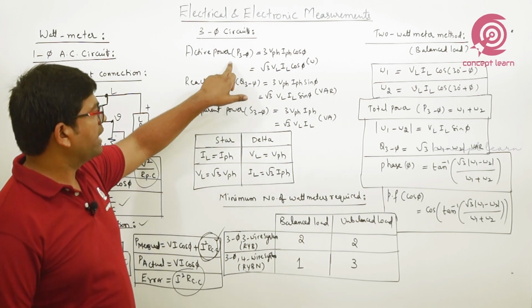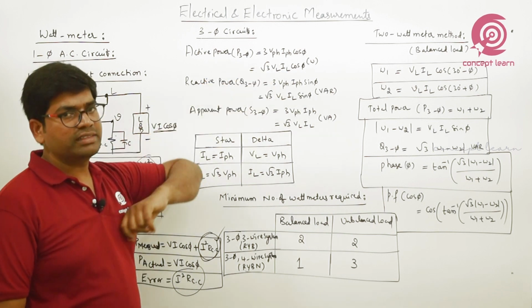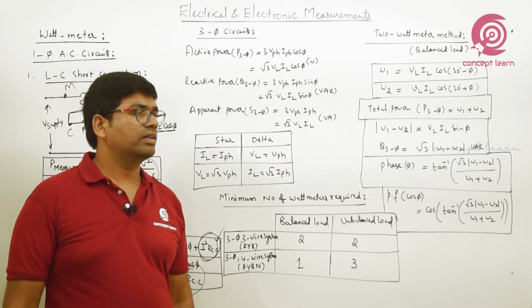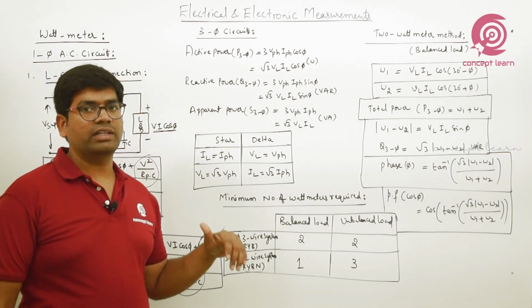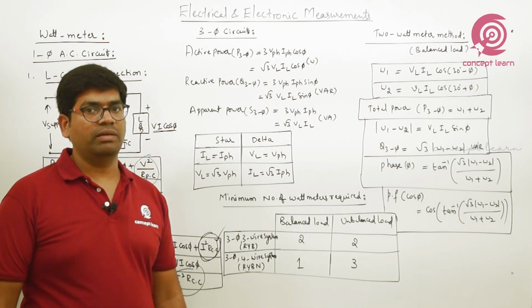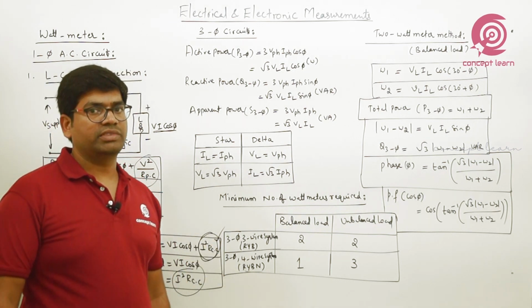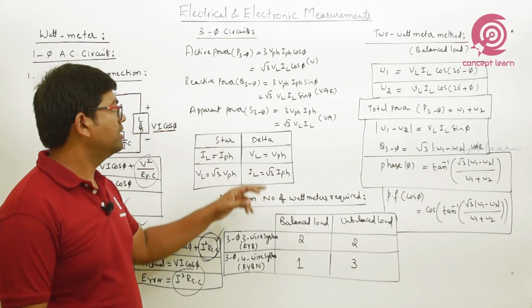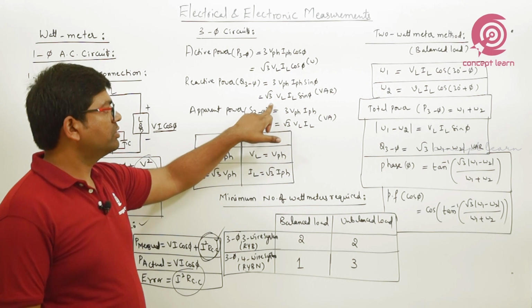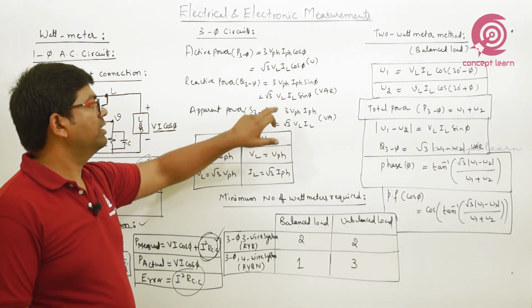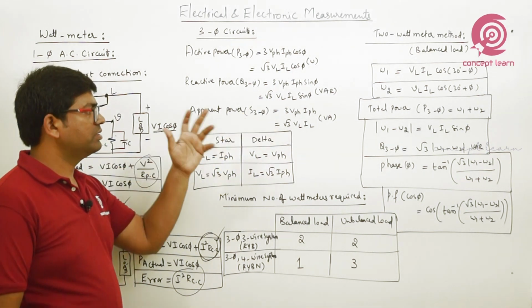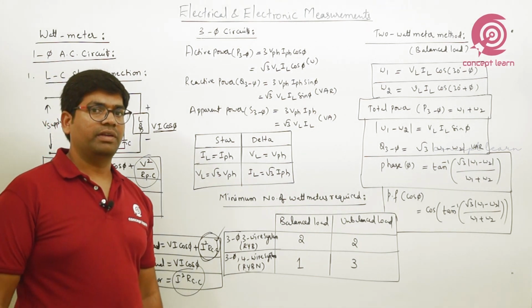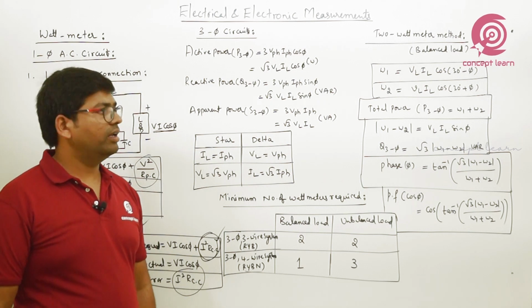If you follow active power, you can write it as 3 V phase I phase cos phi. It is equivalent to root 3 VL IL cos phi. When it comes to reactive power, the sine component will come. In terms of phase parameters, that is 3 V phase I phase sin phi. But in terms of line, it is root 3 VL IL sin phi. Apparent power is simply volt ampere, that is 3 V phase I phase in phase parameters, and in line parameters root 3 VL IL.